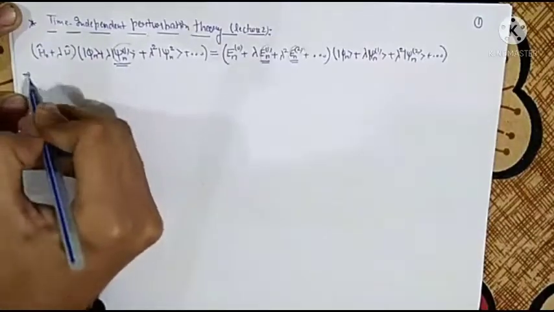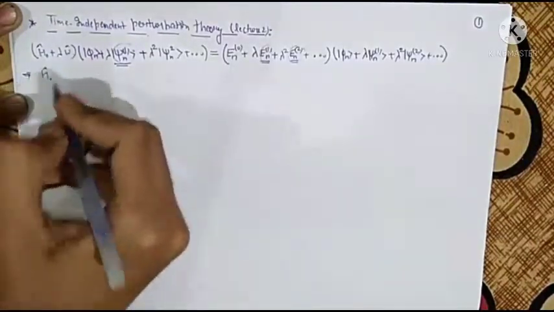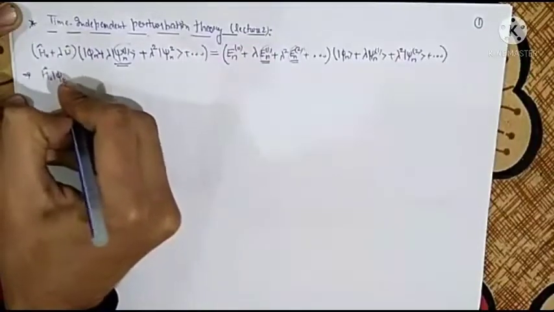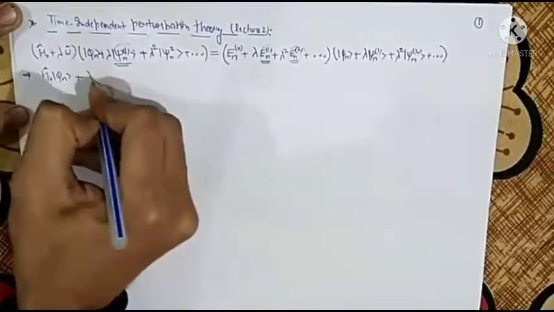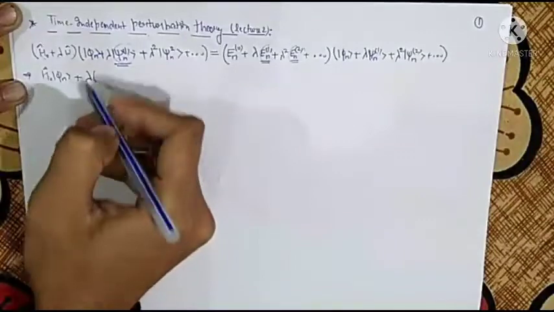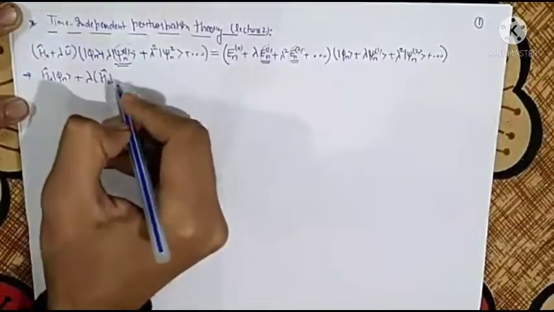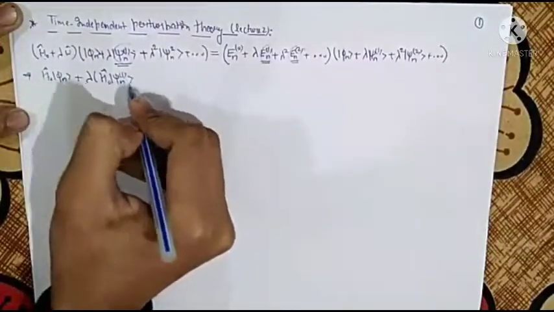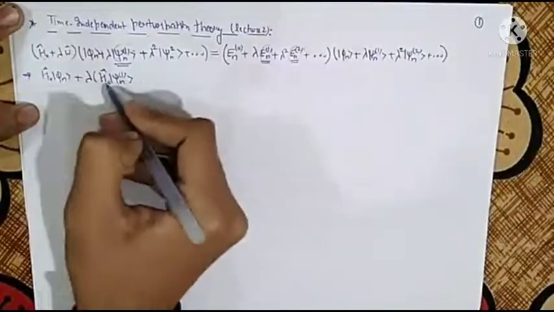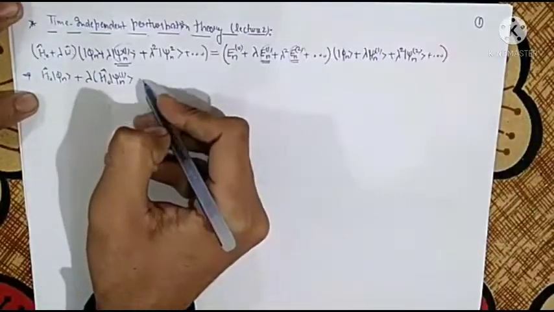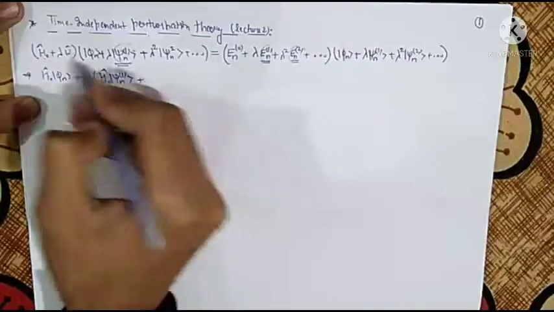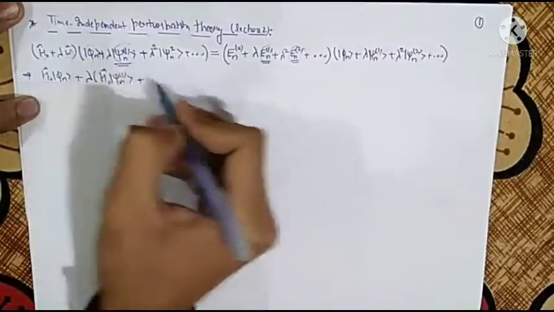So it will be H naught acting on psi n, plus lambda times H naught acting on psi 1, it is phi n psi 1, and plus this W acting on